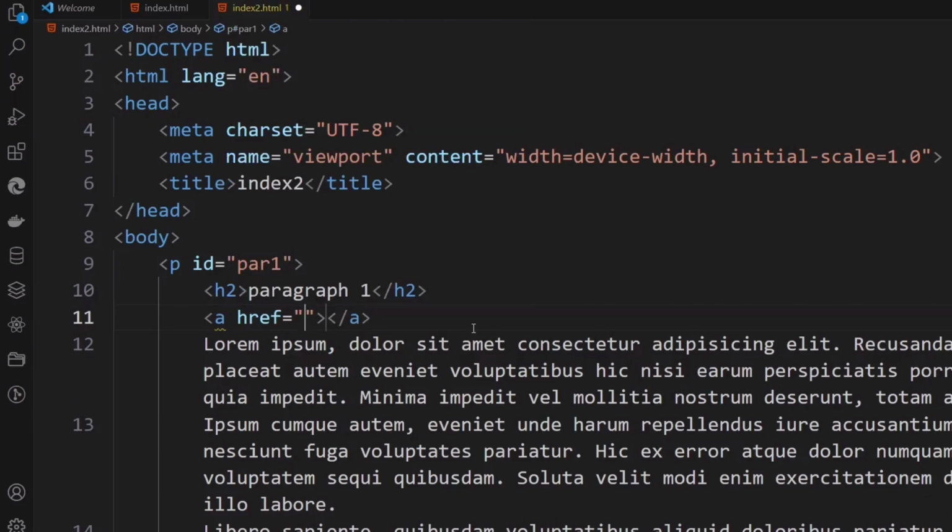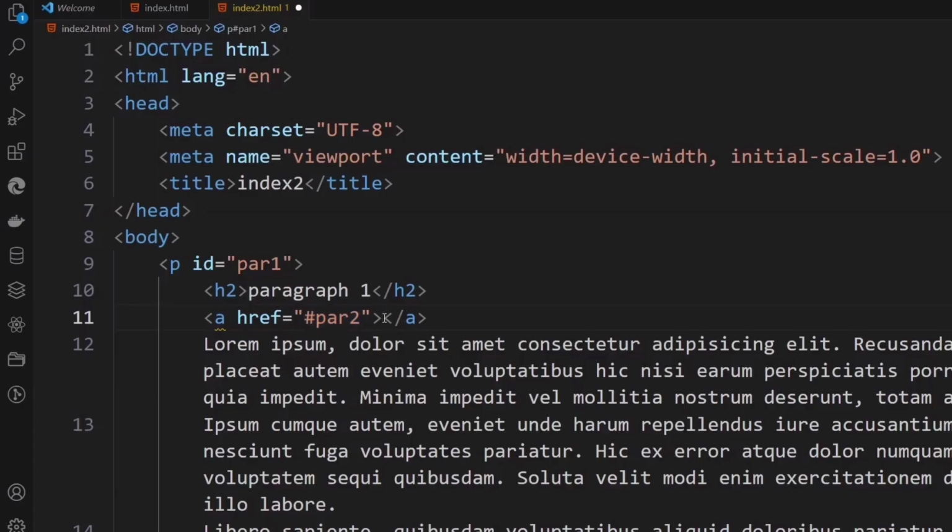and in the href attribute I am going to specify that I want this link to direct the user or the visitor to the second paragraph within the same page. So to do that, I will write a hashtag followed by the ID of the other element I want the link to direct the person to, which is going to be PAR2, stands for paragraph 2. So it means when somebody clicks on this link, we are going to take the person to paragraph 2 within the same page. This hashtag is to specify that it is an ID that we are referencing,